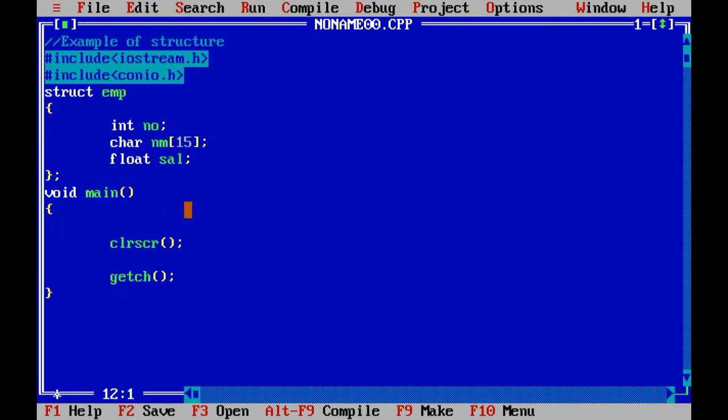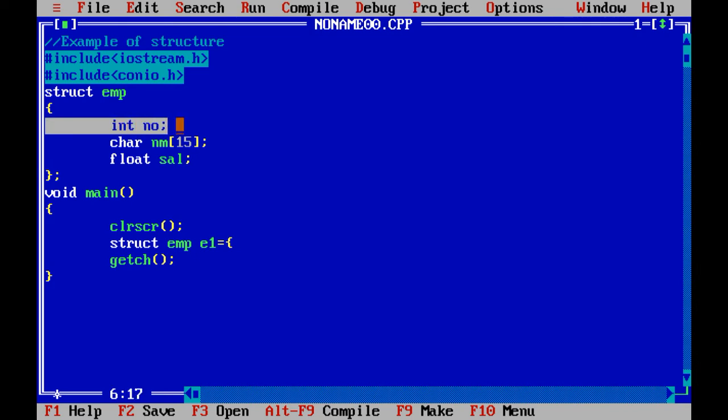So let me define the variable of structure using the structure keyword, then the name of the structure, then variable e1 equals to. Now you need to pass your data in sequence. That means for the integer number I am going to pass 1, for the character NM I am going to pass Rahul, and for salary I am going to pass 5,000.